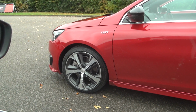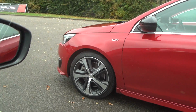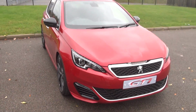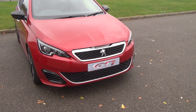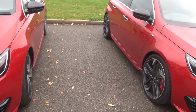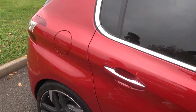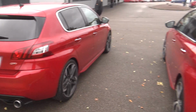Basically, in practice, you can go around the corner in the 250 car and it begins to understeer. But in this 270 car over here, because it's got the torsion differential, you accelerate really early as you leave the corner, or even in the middle of the corner, and it drags it around the corner and allows you to get into that bend and accelerate out really, really quickly. So there is a big difference in performance between